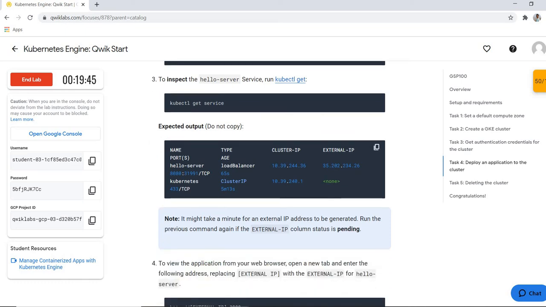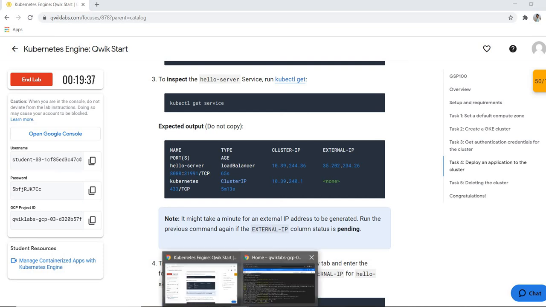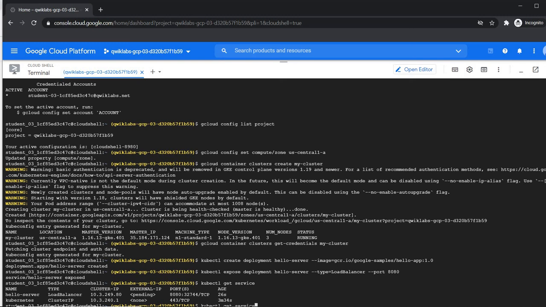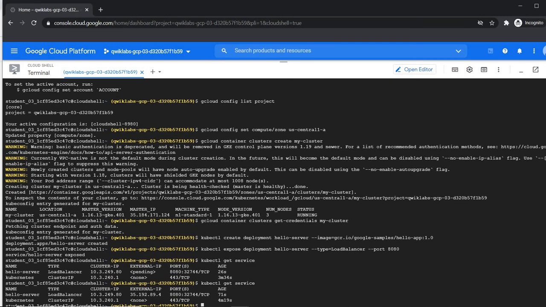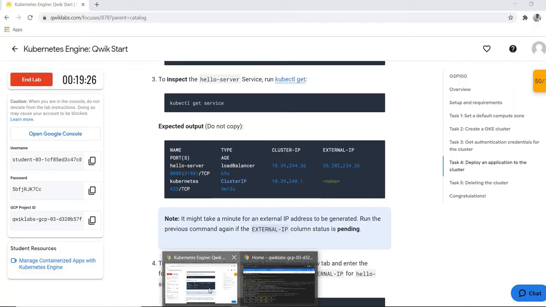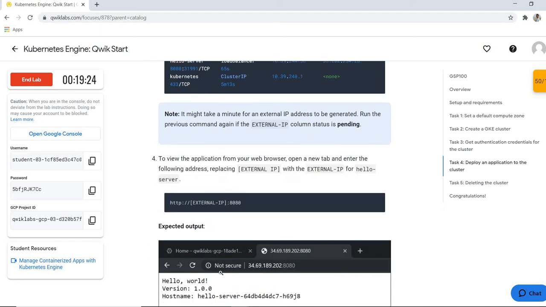Like this, here it is mentioned as external IP. So when we get this type of output, then go ahead. So I'm running it again. Okay, this is the external IP we get. Then move forward, and this is the URL